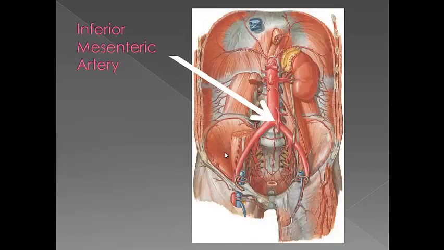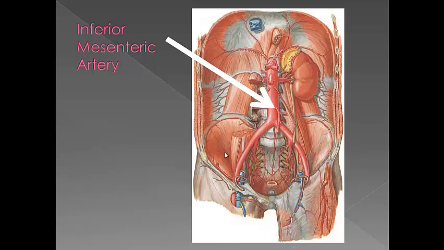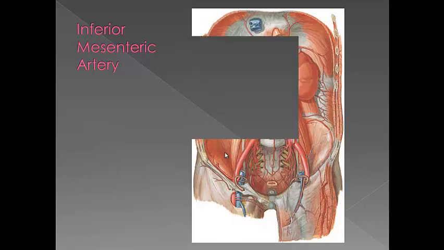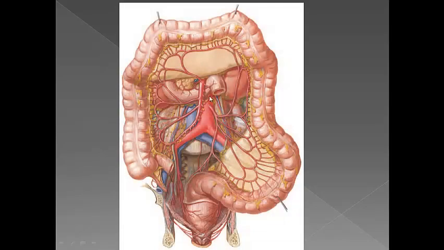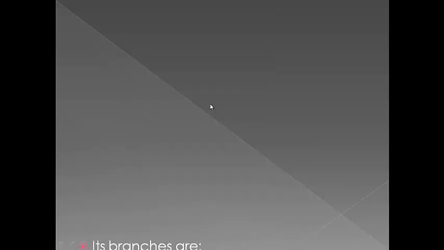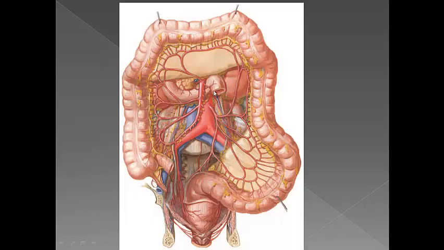So that is going to be your inferior mesenteric artery. It's the last one, and like I said, it supplies the hindgut. Okay, so this picture includes a couple of branches from the superior mesenteric artery as well. You can ignore those. And if you focus here, with the inferior mesenteric artery, you're going to notice that it